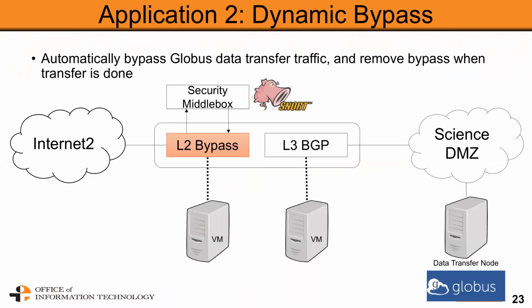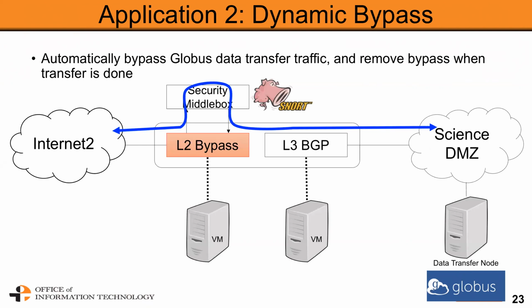The second application is dynamic bypass. We actually have an application that will automatically bypass Globus data transfer traffic and remove the bypass when the transfer is done, all automatically. A lot of people have a security middle box, and the default behavior is to go through the security middle box